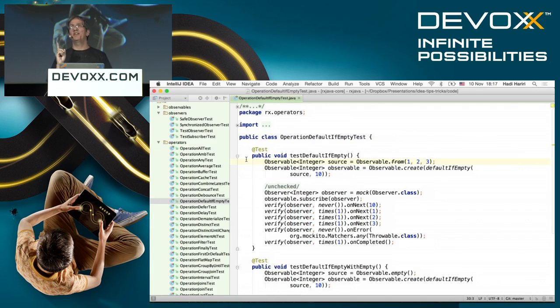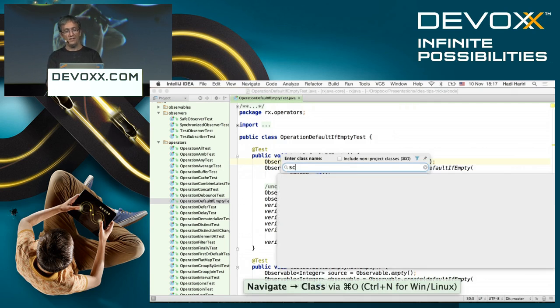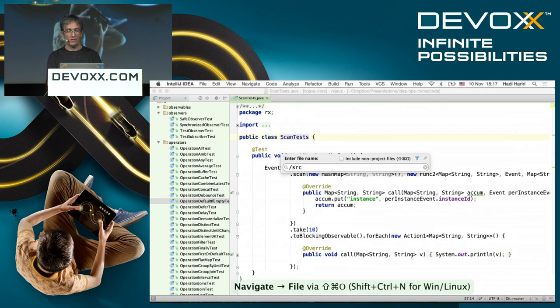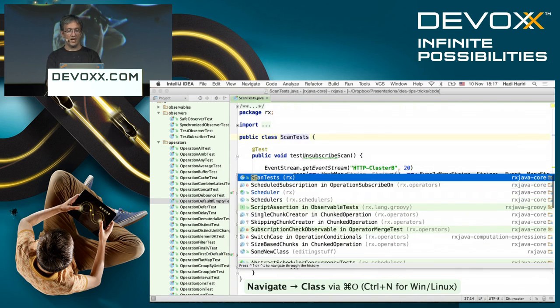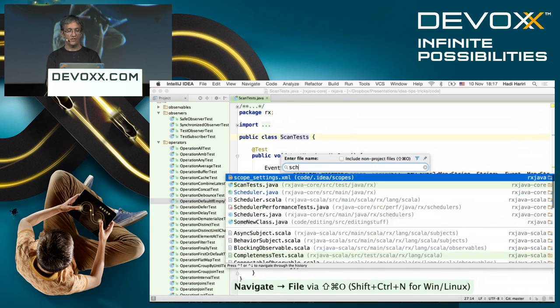Have a single tab. You don't need tabs, really, you don't. In fact, you don't even need any tabs. The only reason you need that tab is to see the file name, because someone decided that it's not worth putting the file name up in the caption, but there is a plugin to do that, and I'm trying to force some people to change that so that it puts the file name there. But you don't need tabs. Honestly, you don't. If you want to go to a file, you go to the file. If you want to go to a type, you go to the type. If you want to go to the file, you go to the file.